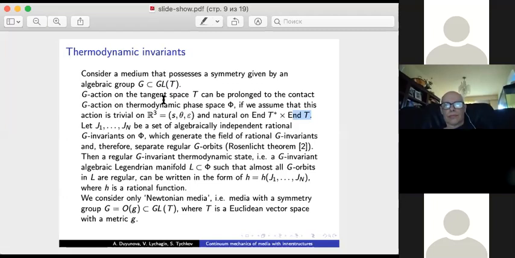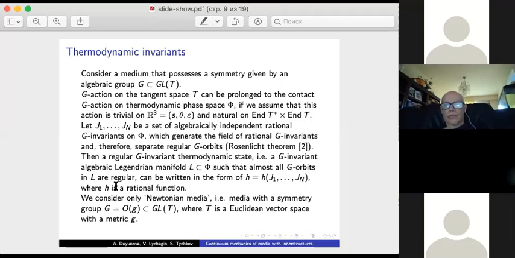So let J1, and so on, Jn be a set of algebraically independent G invariants on phi, which generate the field of all rational G invariants. Then a regular thermodynamic state, what does it mean? That it is a G-invariant algebraic Legendrian manifold L, may be written in the form H is a function of these invariants, where H is a rational function. So it's almost what I said before, that we want the equation of state to depend on invariants of this group,